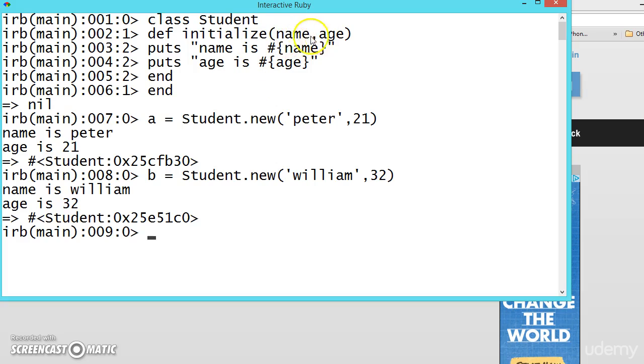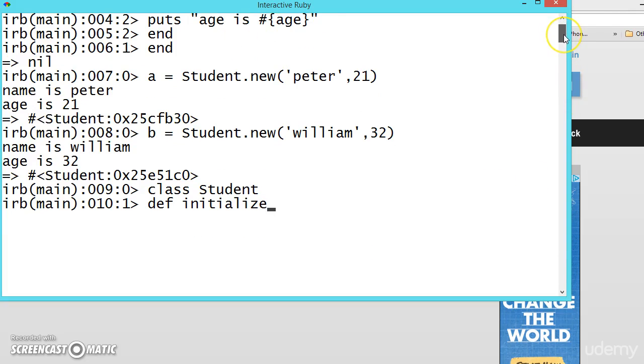Here we are passing the values because we have declared the arguments. Suppose we have a class without the arguments: class student, and now def. We can write initialize, whatever we want to initialize, without the parameters.